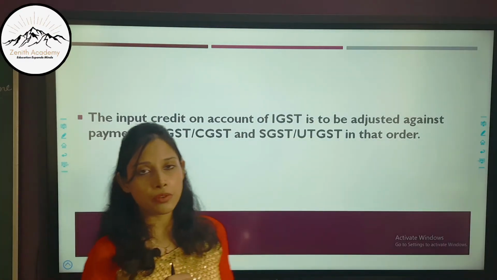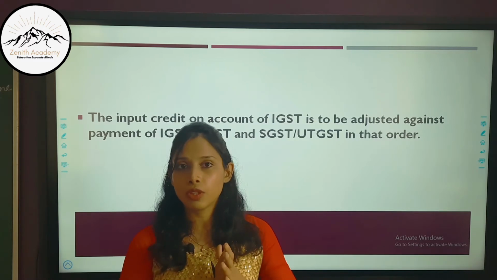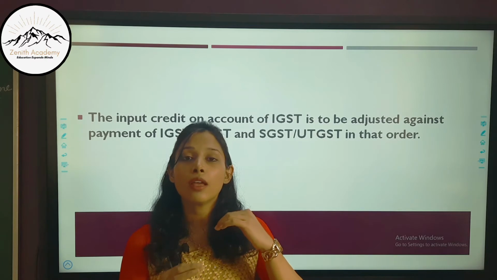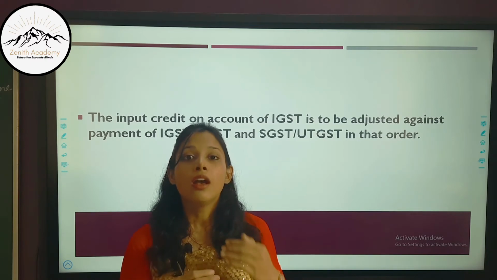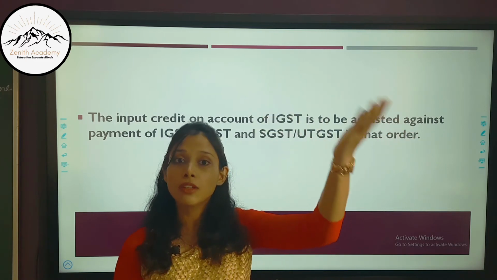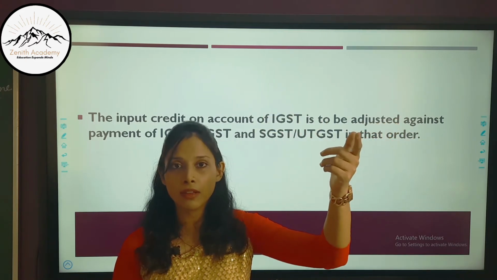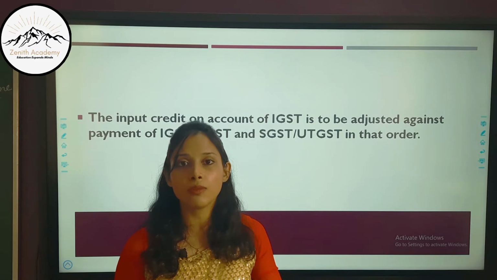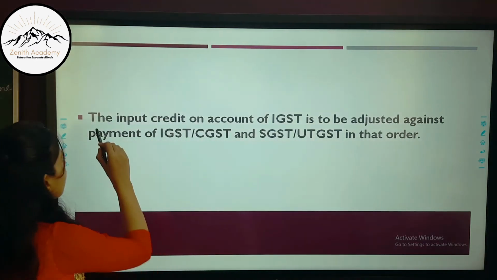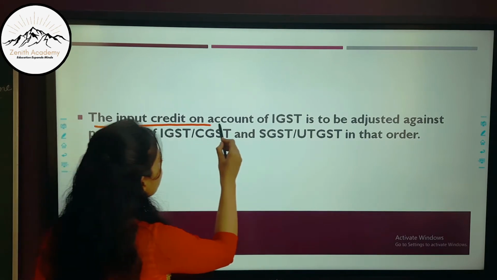We have three types of taxes. GST comprises of three: CGST, SGST and IGST. So, if we have an input tax credit, how will it be adjusted? Suppose we have made purchases from interstate, that is from another state, not from the state in which our business is registered. So, the input credit on account of